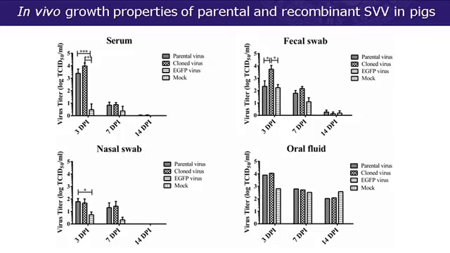However, when we tested them in pig models, we initially saw similar growth characteristics in the serum, fecal swab, nasal swab, and oral fluid samples of the groups infected with the parental virus and the cloned virus. But